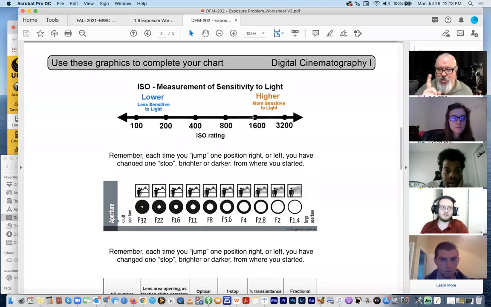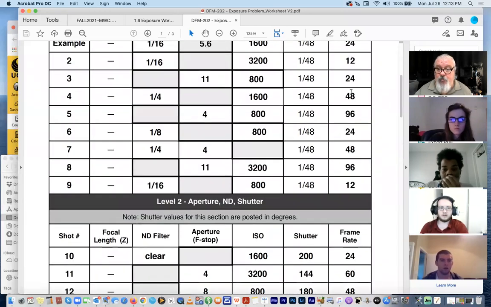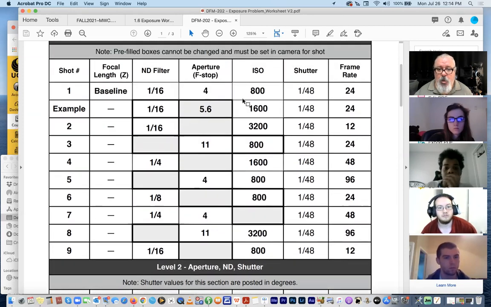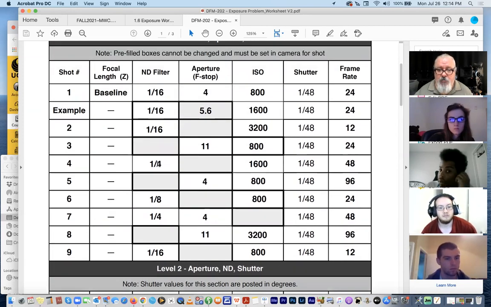You're right, but you're getting ahead of yourself. So this is 1 stop of overexposure, right? The image got brighter by 1 stop going to a more sensitive ISO. But we had a liability of -1 stop when the frame rate doubled to 48. So yes, they cancel out. This is -1 and this is +1. They cancel out. So you might as well think of this as not having changed. So really all we're doing is a compensation of 2 sets of sunglasses as opposed to 4